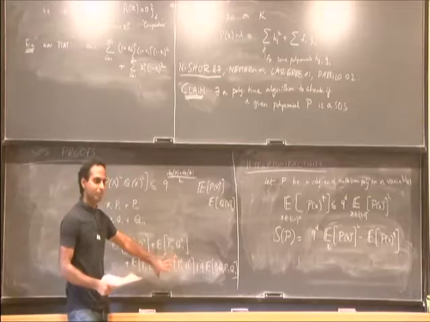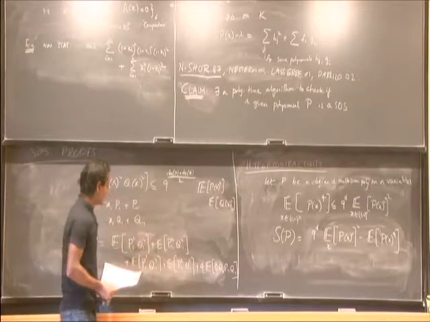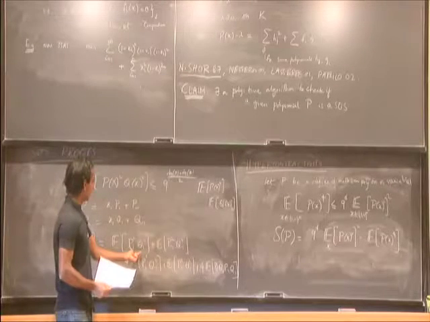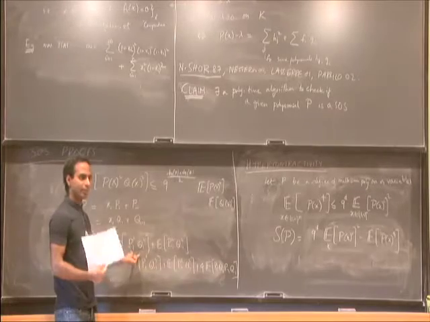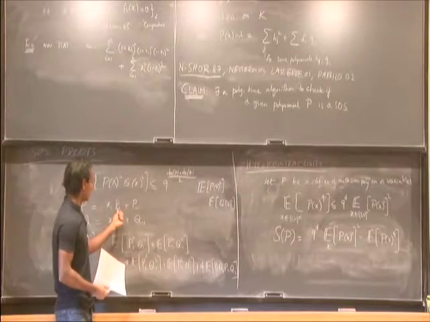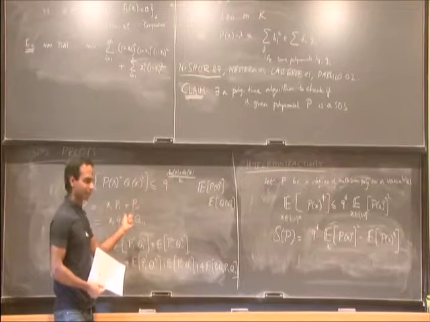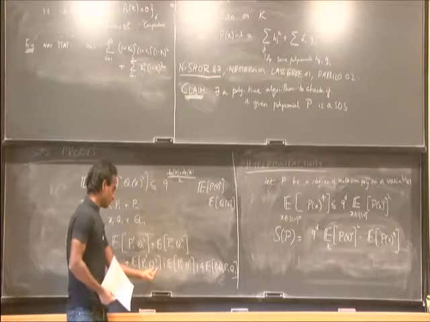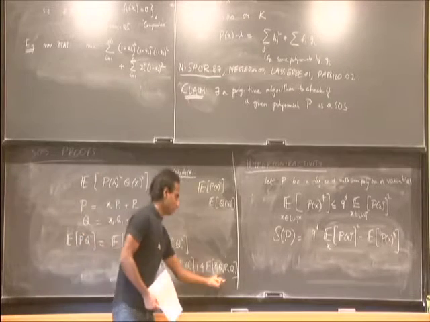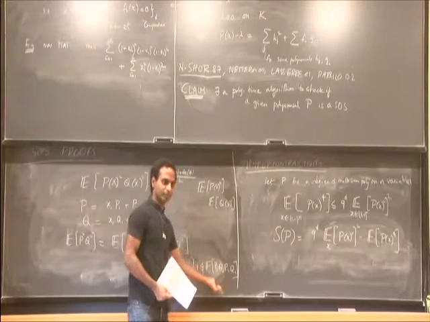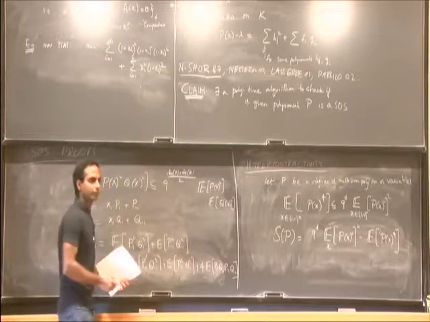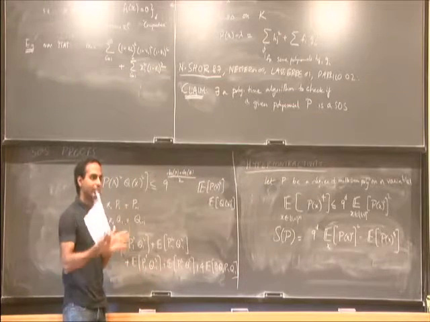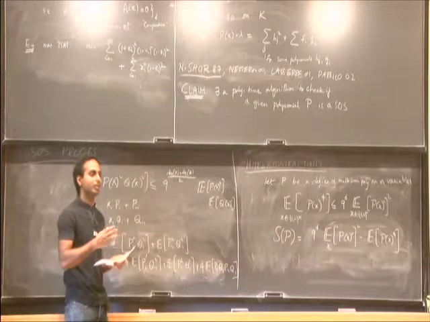You get some seemingly messy expression like this, but the nice thing is all of these guys have degree less than the original polynomial. Like for instance, P1 has degree less than the degree of P. So you can use the induction hypothesis here, you can use the induction hypothesis here, you can use the induction hypothesis here, and here you apply Cauchy-Schwarz. Right, but you look at the total degree. You do induction on the sum of the degrees of P and Q.